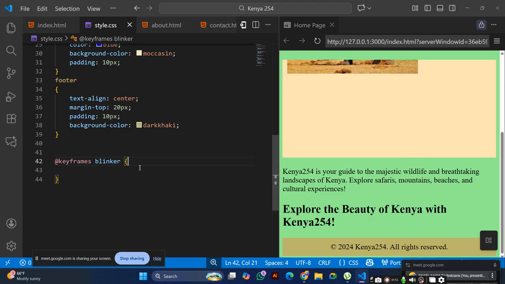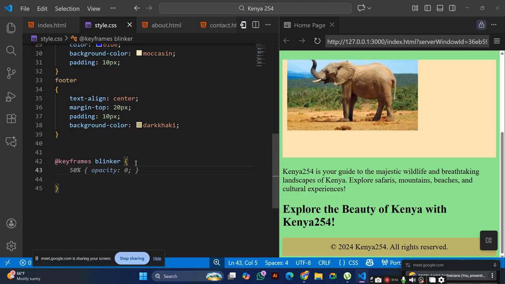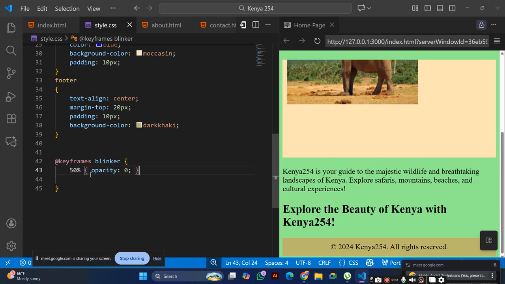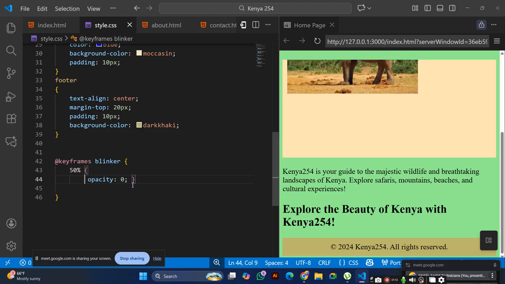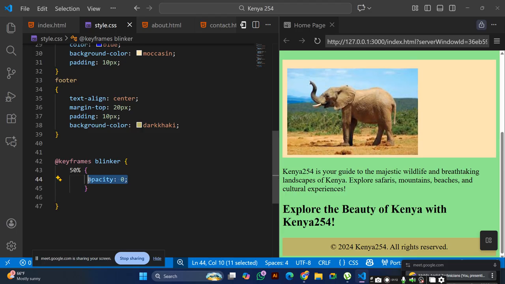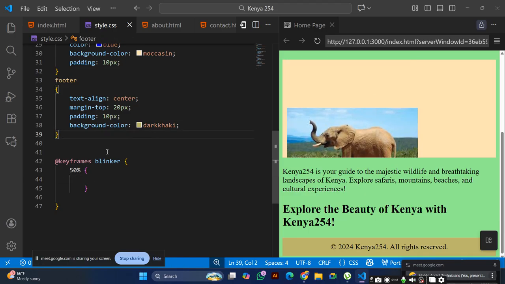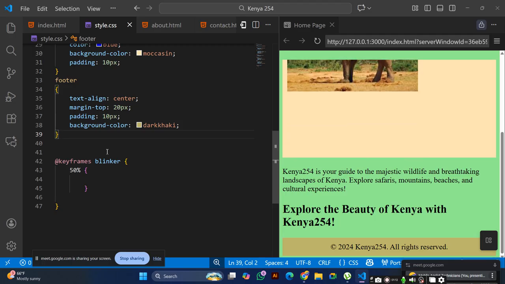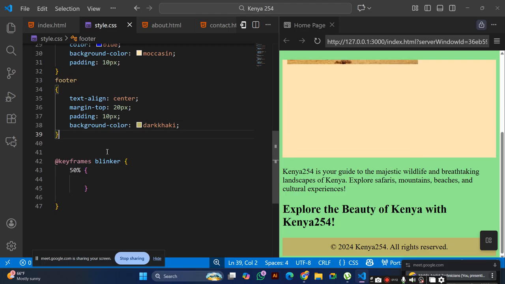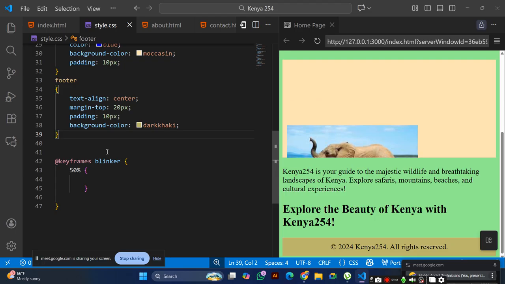So after that, we get inside here, then you type 50%, another curly bracket, 50%. Inside you type 50%, then you put another curly brackets. Done.